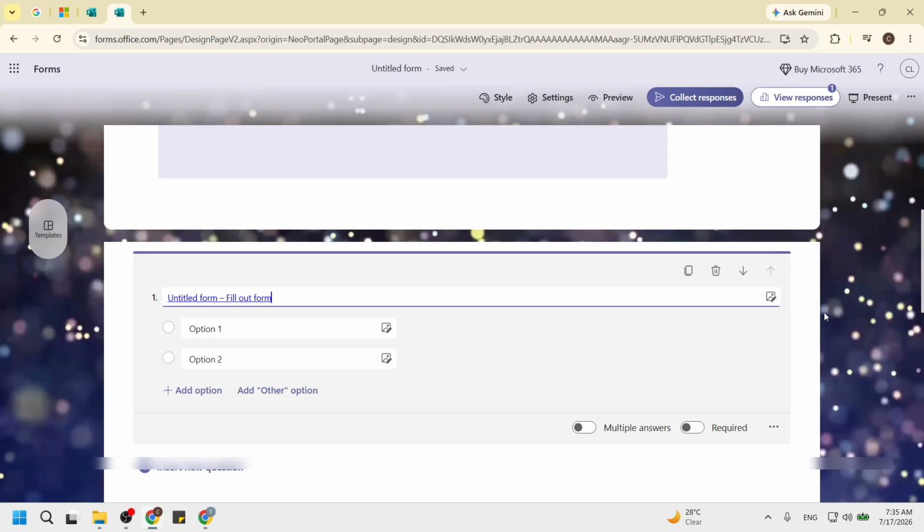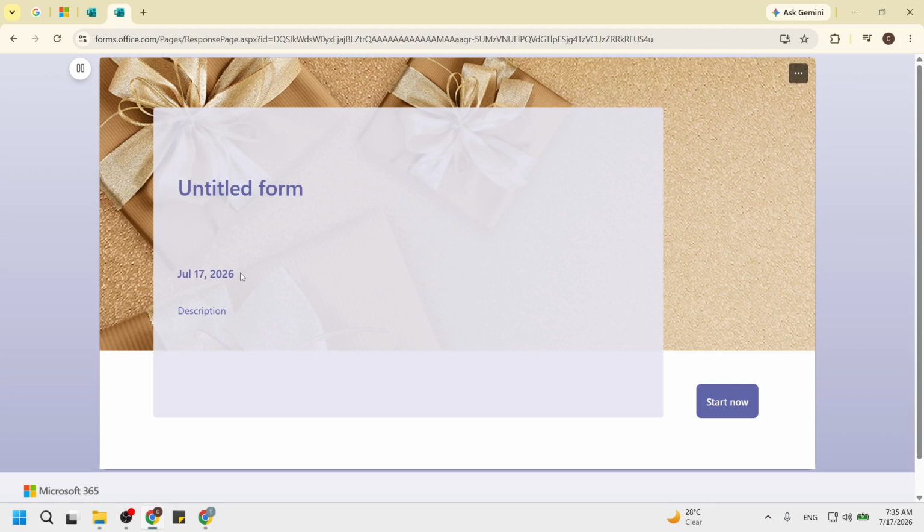After that, click outside the text box. This action will save your changes and allow you to see how the hyperlink looks within the form. When you preview or fill out the live form, respondents will see the link highlighted in blue and can click it directly. This is important because it makes the link easy for your respondents to identify and access. You can feel confident that your hyperlink is now functional and ready for use.